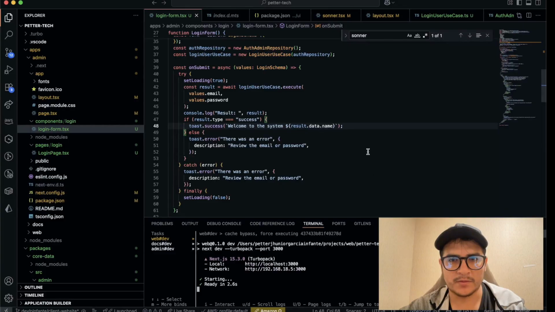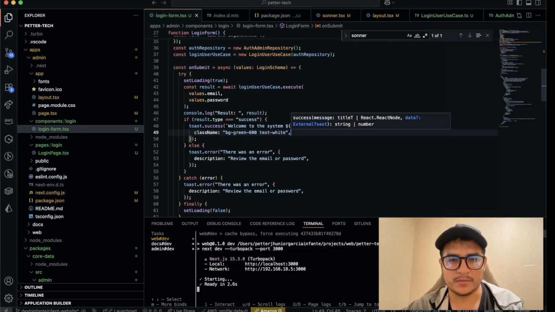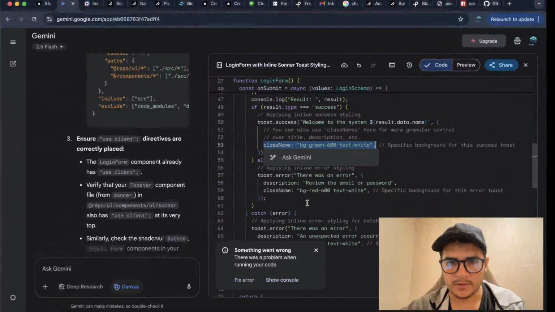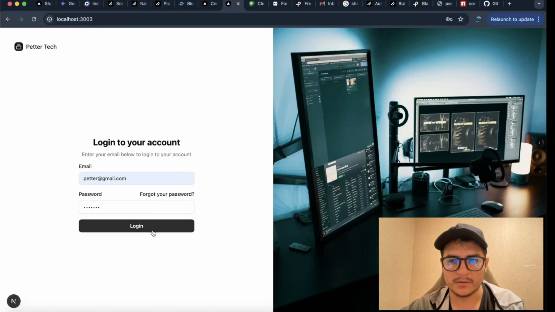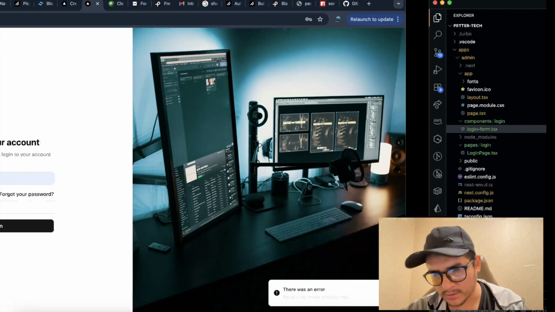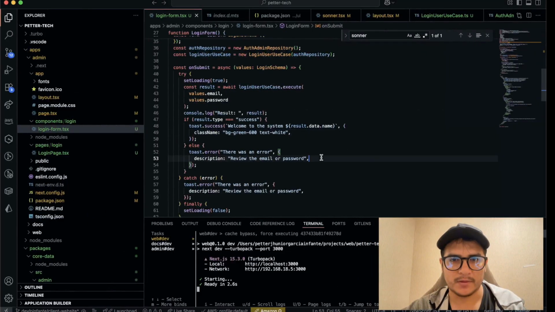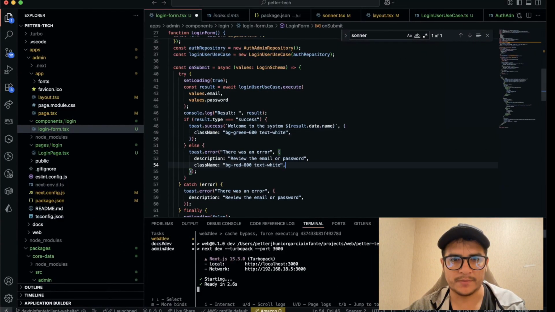So we have the success, but we can add the class name, and for the errors we can add the, let me check if the error already has, there was an error. If the error already has the